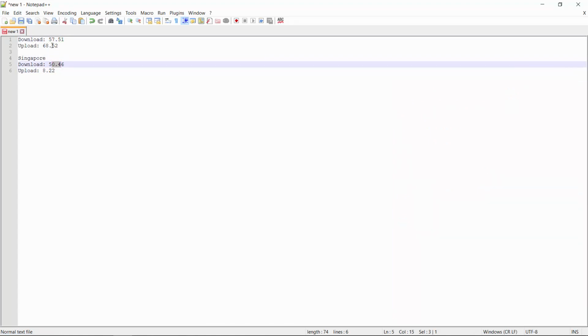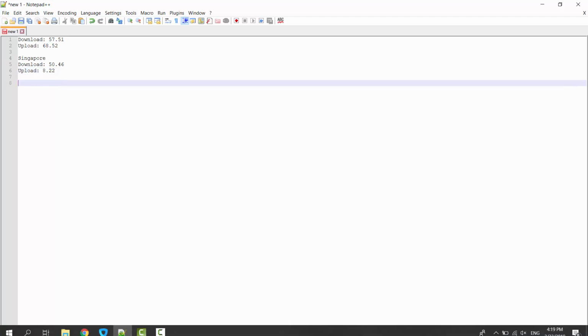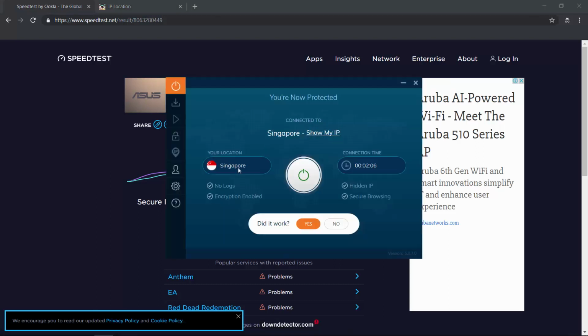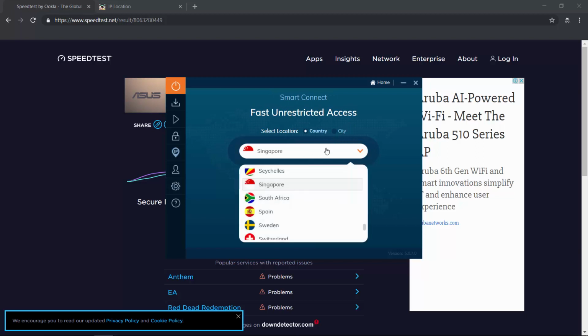So as you can see, the base download speed was 57 and now it's 50, and the upload speed dropped down to 8 from 68, which is a big drop, but I don't think it's really a problem. Now let's try a different server,